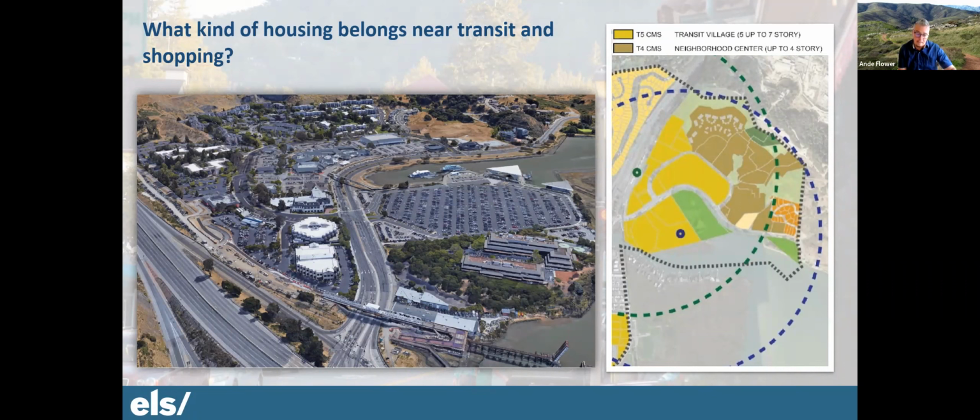The idea here is that the higher buildings would be tucked into the hills in ways that wouldn't be, well, it's already true. I was shocked when I drove through the neighborhood. I didn't know that there was this kind of density in Larkspur. And no, we've already done that. So we're used to doing it, and obviously, since we've already allowed it over in that area, that's not something that we are inherently opposed to.